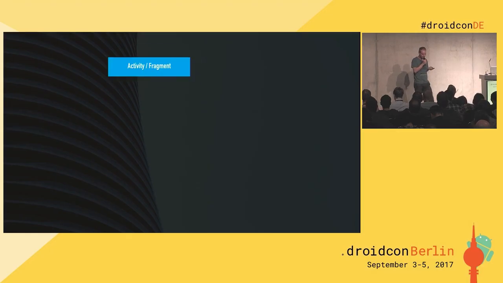So you still have your activity and fragment as a kind of root of all evil, you would say. And they say you should keep it as lean as possible. So you still need it to create your view, to wire up your components, but you shouldn't really do any business logic there if possible. Instead,